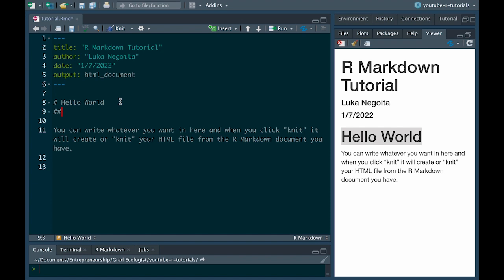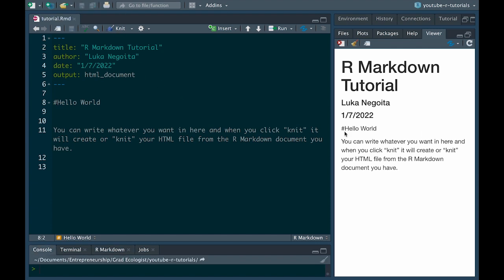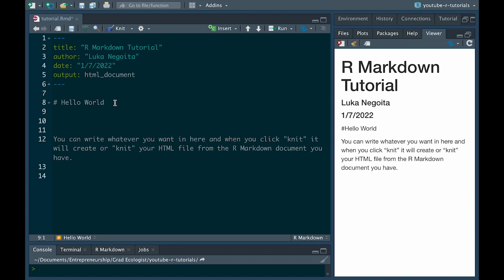If you do 2 pound signs, now it's important to leave a space, otherwise it might get mixed up. Like I think if I don't leave a space here and just run that, yeah, see, it just adds that pound attached to hello world, doesn't know what it's doing. So it's important to leave spaces. So I'm going to leave a space there between pound and hello world. If you do 2 pounds, that's heading 2,